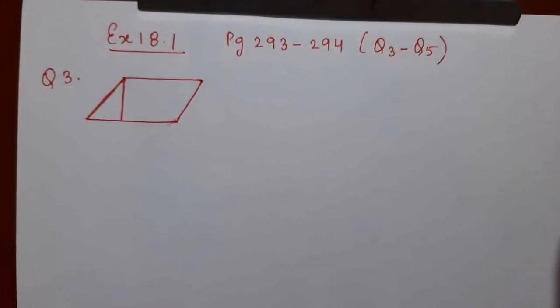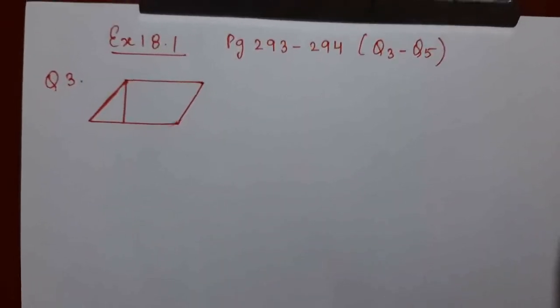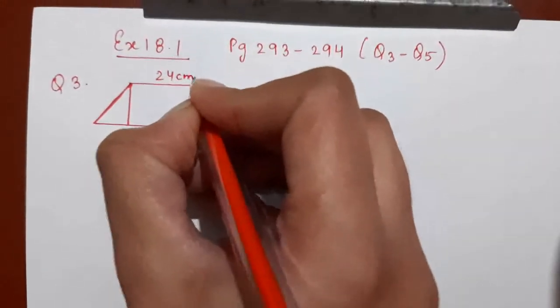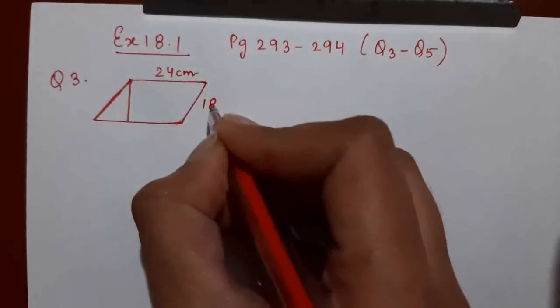So now I'm reading the question. Two adjacent sides of a parallelogram are 24 centimeter and 18 centimeter. If the distance between two longer sides is 12 centimeter, find the distance between shorter sides. Adjacent sides means sides next to each other. So the two sides are 24 centimeter and 18 centimeter,